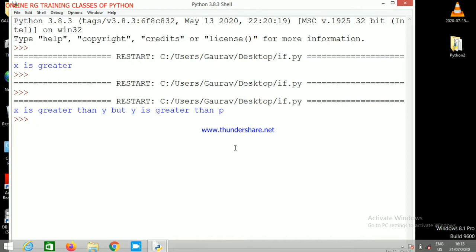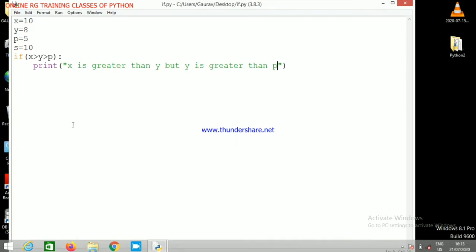Why are we getting the message now? Because as per the program, as we have given the values ourselves, x is 10 and y is 8. 10 is greater than 8 and y is greater than p, means 8 is greater than 5. The condition is true, so it will definitely work. So that's why we are getting the message on the screen.